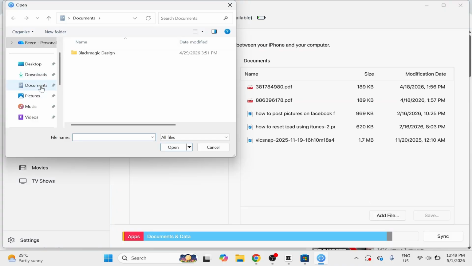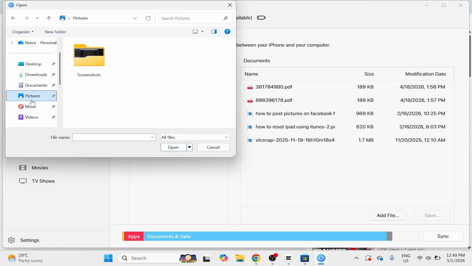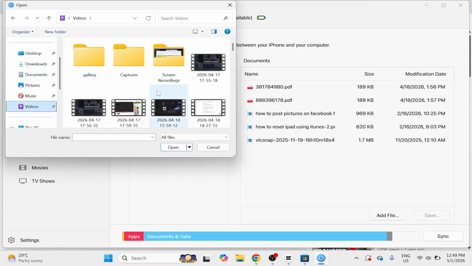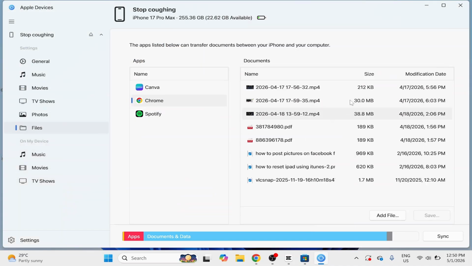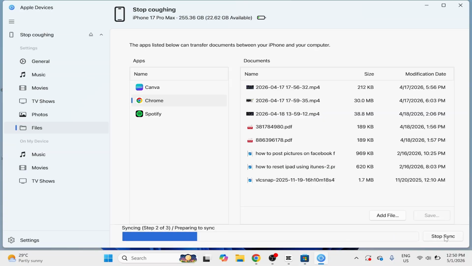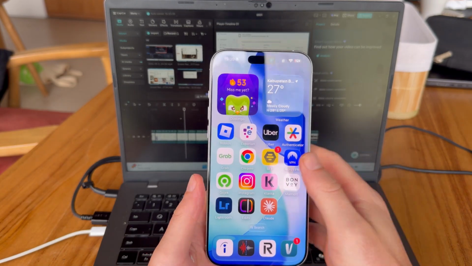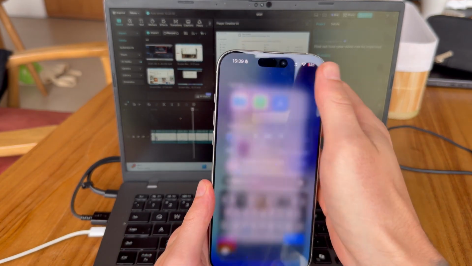You'll then need to locate the file or the files you want to send over to your iPhone. So I'm going to select these files here and press Open. Now once the file's been added, you need to click on this Sync button in the bottom right-hand side of the page. Now once it's finished syncing, head back over to your iPhone, load up the Files app,